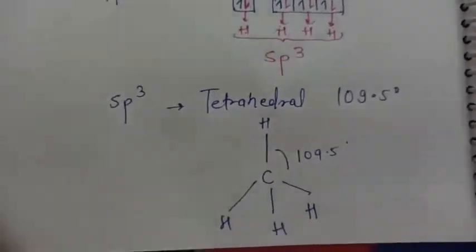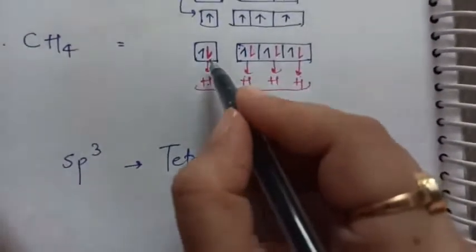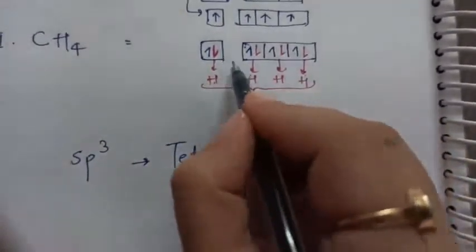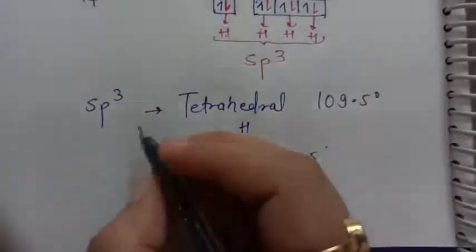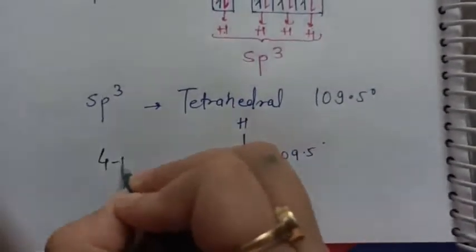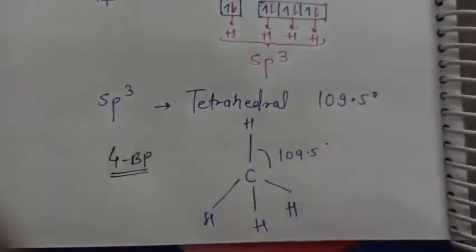One more thing you note down here. You can see very well over here that in methane, all the orbitals of carbon are participating in the bond formation with hydrogen. So that is why we can say in methane there are 4 bond pairs. There are 4 bond pairs. This concept will become clearer as soon as I write ammonia and water. Now let us proceed with ammonia. I will show you how one lone pair is formed in ammonia. You can visualize that lone pair while writing the hybridization in this way as I am teaching.